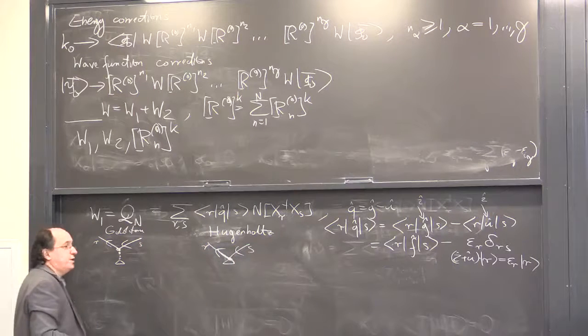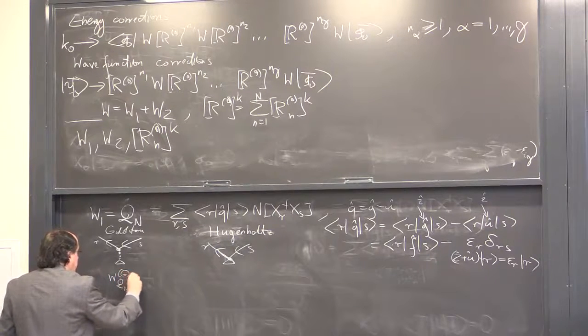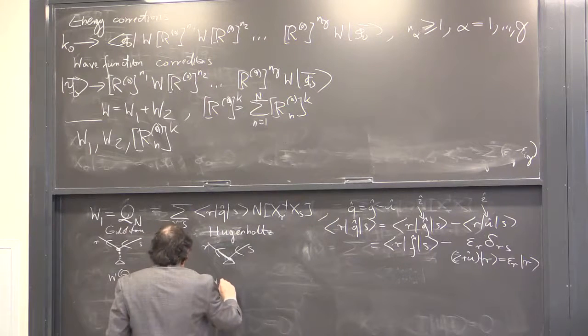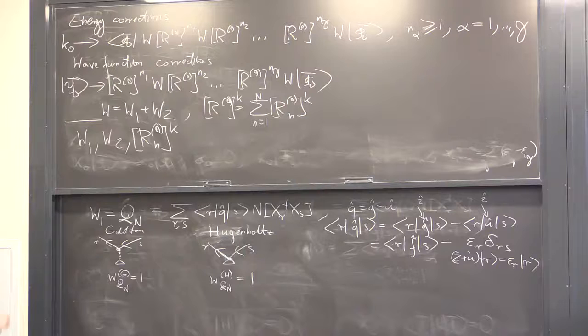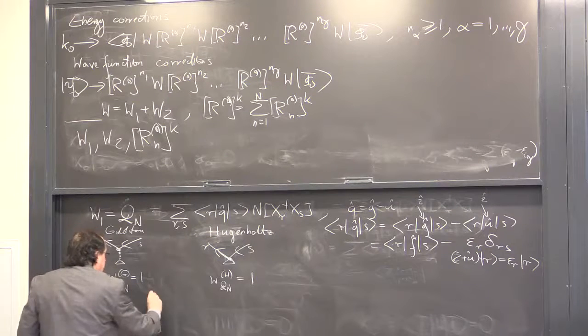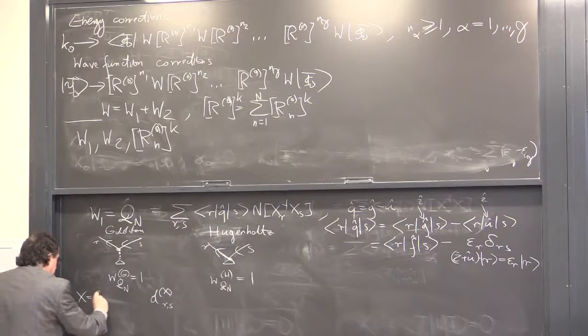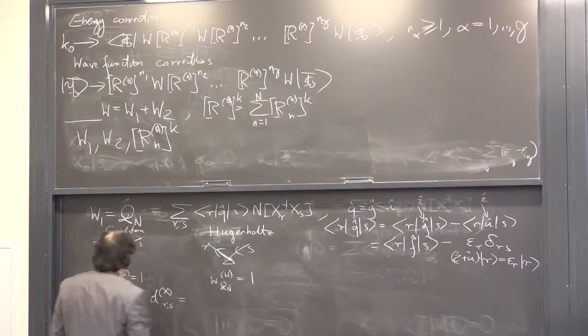Well, in this case, the situation is straightforward. The weight in each case is 1. So the weight of Qn in the Goldstone case is 1. We have one open path only. Here the weight in the Hugenholtz case is also 1. We have two lines, but they are not equivalent. For the scalar factors, maybe I'll write it for both at the same time. So when I put this X here, X will be either G for the Goldstone or H for the Hugenholtz. So the matrix element simply labeled by RS is